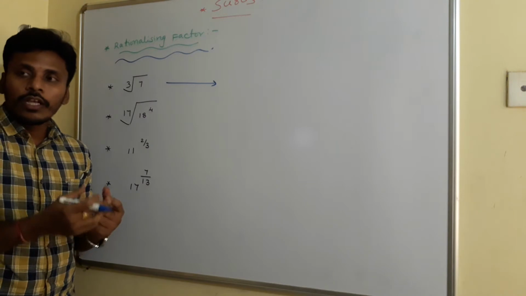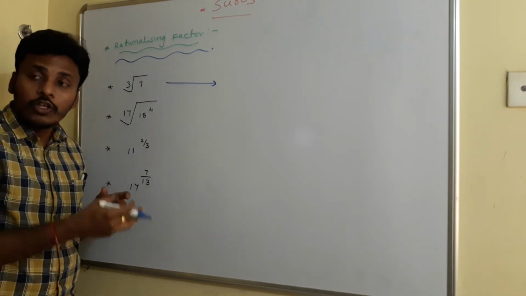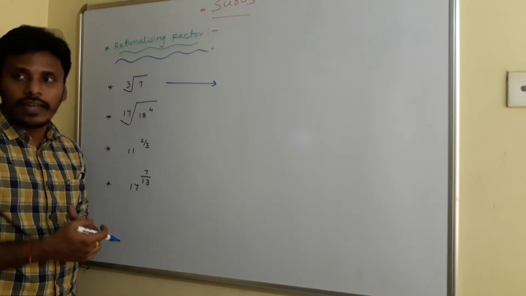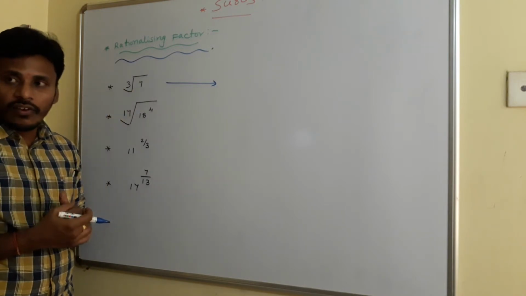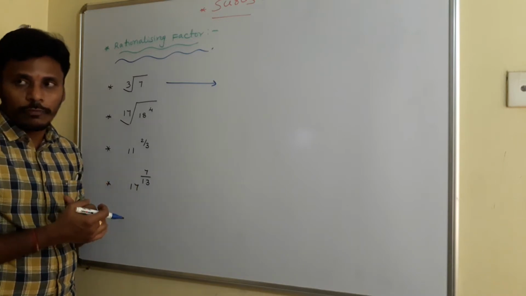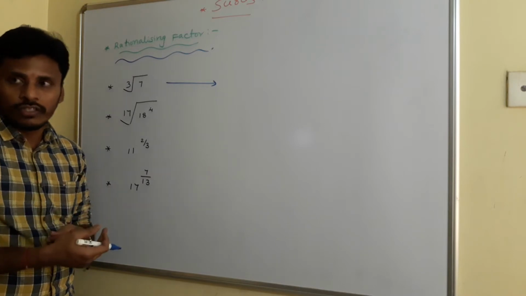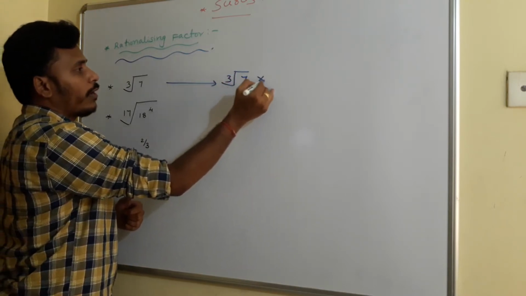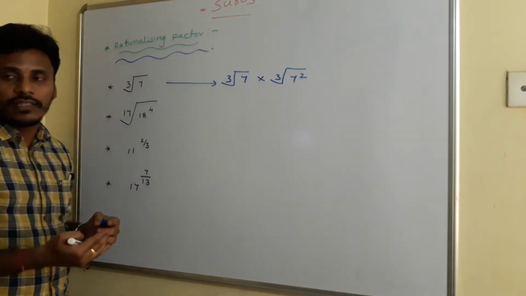Cube root 7. So, we need to multiply this cube root 7 with some other number so that the result is a rational number. So, how to make the result rational? Since this is a cube root, to get a rational result, you need to maintain everything 3 times in the cube root. Since only one 7 is there here, you need to multiply with 2 more 7s. Then, given cube root 7, you just multiply with cube root 7 square, because I need 3 7s there, right?